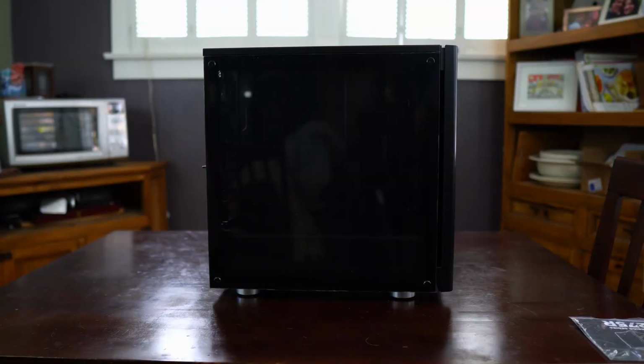The glass panel is held on by hex screws. This means you'll need to use the included Allen wrench. I wish Corsair had used thumb screws here, as there doesn't appear to be a storage place for the wrench. This poses an issue for me, as losing such a tool is a very real possibility. And there is a black border around the whole perimeter so that you don't have to see the internals frame